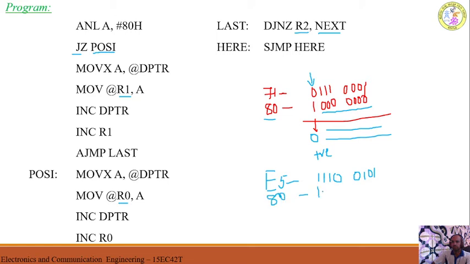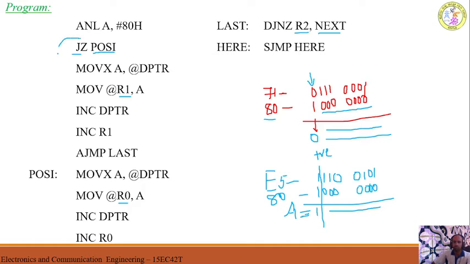What is 80? 1000 0000. Anyhow, everything becomes 0 here. I want to check only the first bit. Now 1 AND with 1 is what? 1. So 1000 0000 is the accumulator content now.